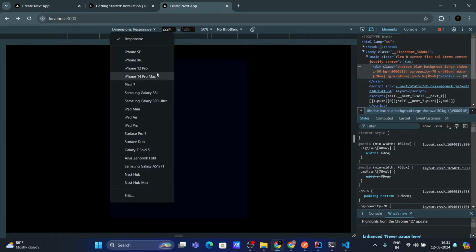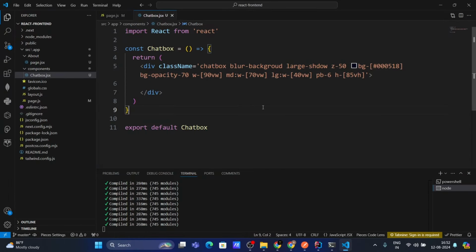So see, this is width, and if I show you in the inspect, you can see its responsiveness. See, this is medium, and I guess it is large maybe. Let's check in 14 Pro Max, 100%. Okay, so yeah guys, it's a responsive design we have made. Now let's go again and